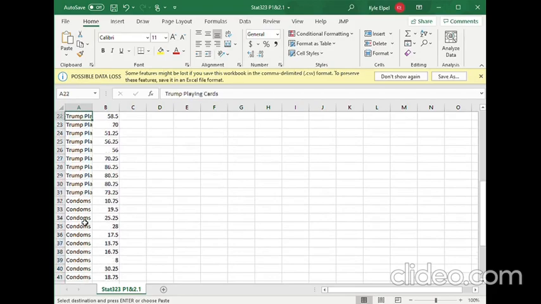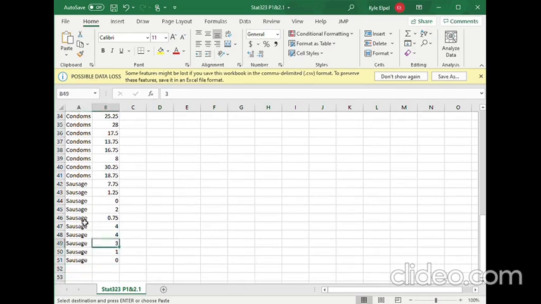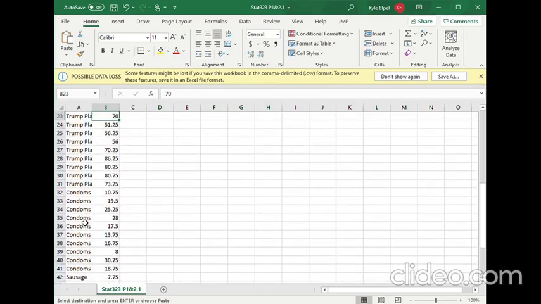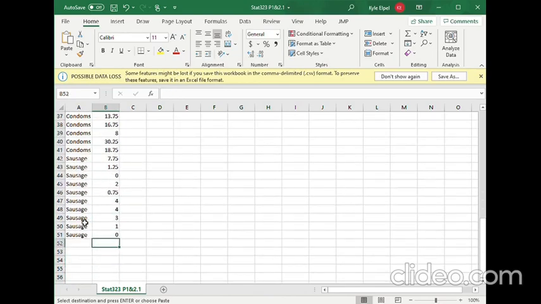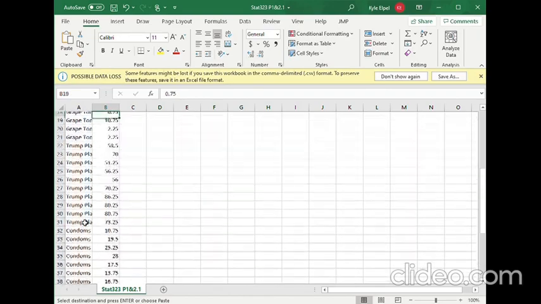Now, thing is with this experiment, if we just take a look at the data, sausages all have very low values, basically next to 0. So there's not going to be a big variance between the data. But when you look at condoms and trump cards, and granted I should have seen this coming when I did the experiment, their values are so much higher, just naturally. I mean, look at the gap, 70 to 51. That's a big gap in the data, especially when you compare it to 0 to 4 is the biggest spread here. So the variance for the sausages is going to be much smaller than the Trump playing cards.